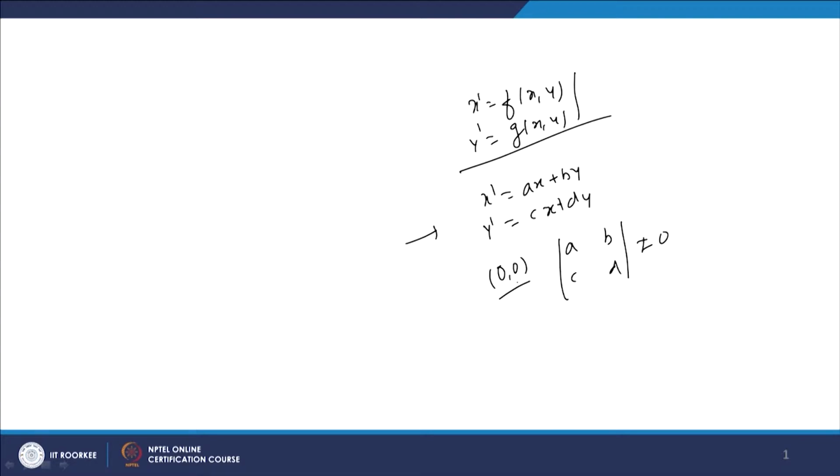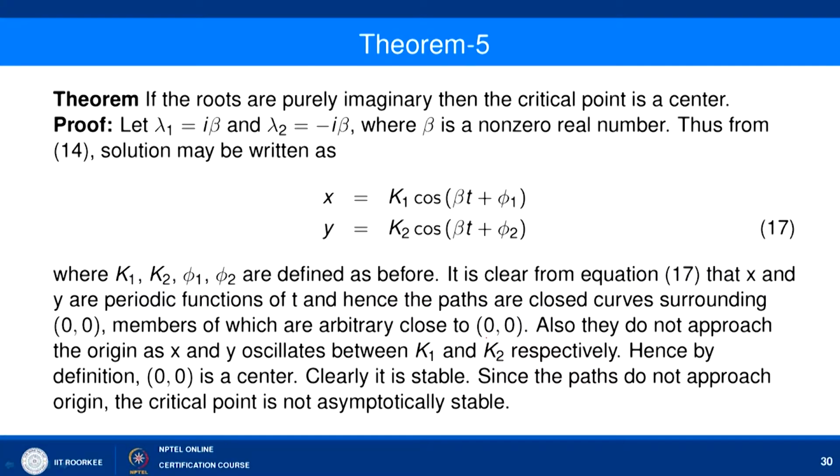is the only critical point of this, and then we are checking the behavior of the critical point, whether this critical point is a node, stable node or unstable node, saddle point, or center or whatever. So, depending on the eigenvalues of the matrix A, B, C, D, we are trying to find out the behavior of (0,0). So, we have discussed 4 cases based on this, and now we are considering the 5th case corresponding to that